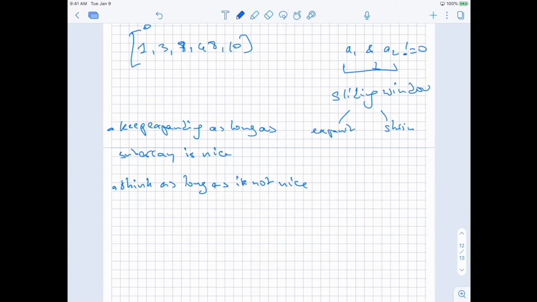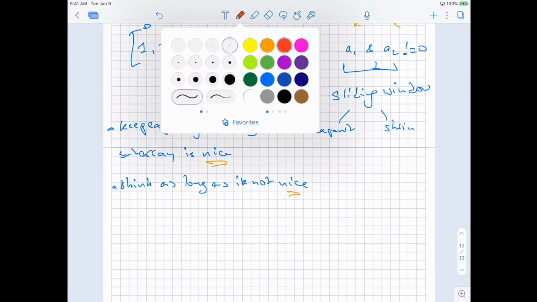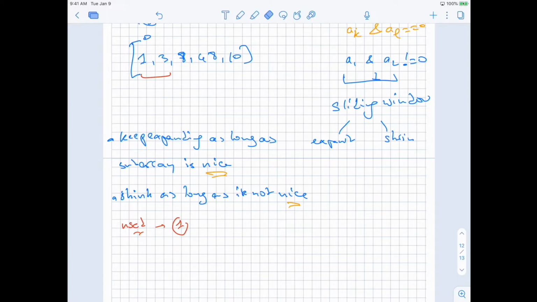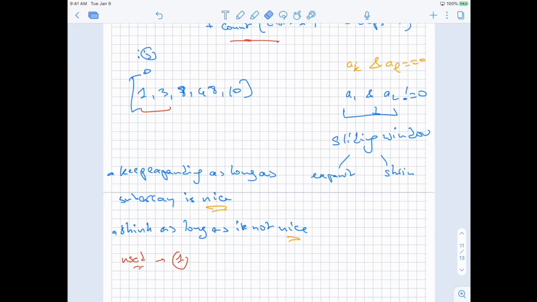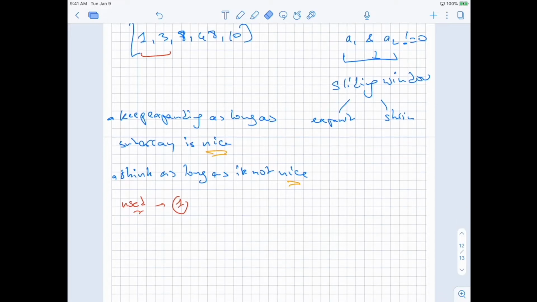So pretty straightforward here. Now the problem becomes, how do we determine quickly if it's nice or not? Nice means for every pair, maybe let's say k and l, their AND should be equal to 0. So the easiest way to do that is to have one number, maybe call it used, and this number would have a 1 for every place in all the subarrays that has a 1. We need some kind of data structure to keep track of the one positions that are used, so that we don't have to check all the numbers in the subarray and check if for every pair the AND is equal to 0. We need a way to do that faster. So the way to do that is to keep track of this used variable, and this used variable would have 1 in every place